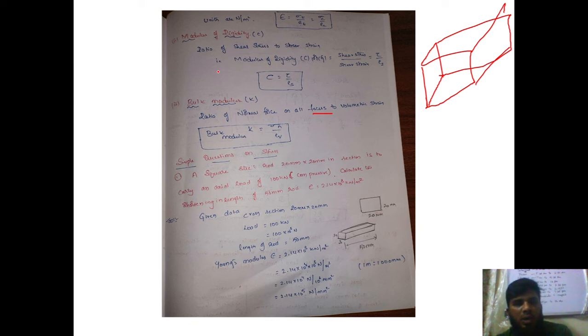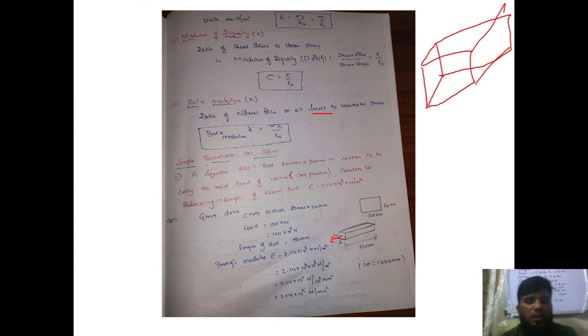Okay, we will see a simple question on stresses, then we will wind up this session today. Next let us see how the question is framed and what they are trying to ask us. In this question they are saying a square steel rod, 20 cross 20 in section. In section means when they have done a cross section, it is going to be observed like this. It is to carry an axial load. What is this axial load? It is nothing but a normal load. When they give axial load, you have to consider it as a normal load. Normal to what? Normal to the face of the surface. Now if it is my surface, the load will be acting like this.